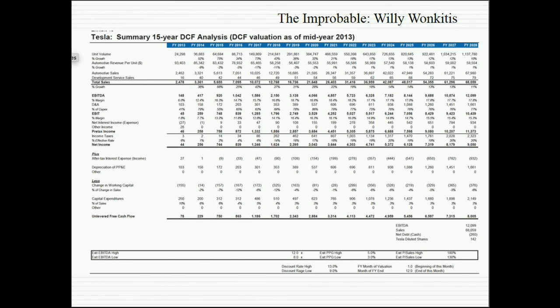So I look at the top line, and he's projecting a pretty optimistic future. The number of cars that Tesla is going to sell is going to go from 24,000 in the most recent 12 months to 1.1 million over the 10 years. I said, okay, you're optimistic. And remember, the Tesla 3 alone has got 400,000 people signed up, so 1.1 million in 10 years, not infeasible. So it's an optimistic story, but I could live with it.